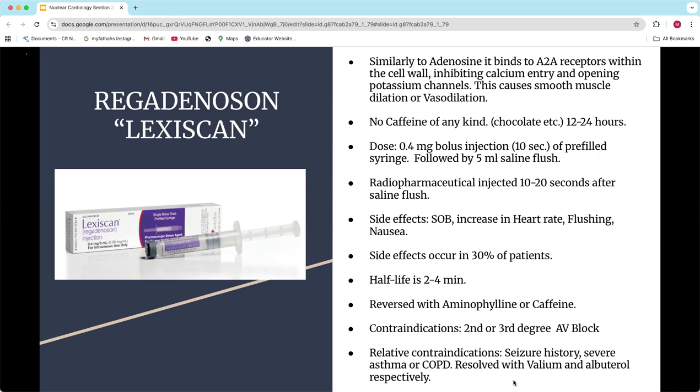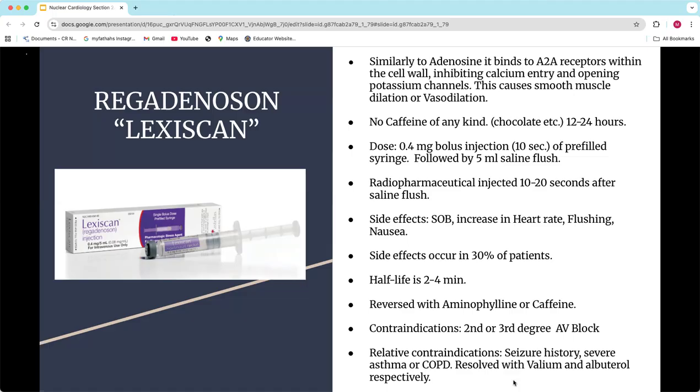Again, we want them off of caffeine of any kind. This one gets a lot of patients. If you just tell them to stay off of caffeine, they don't think of things like chocolate. You told them to fast for 6 hours for their test, and off of caffeine for 24, but they didn't think about things like chocolate, which contains caffeine. So we've gotten used to telling them in our department that they can't take anything with caffeine. Look for any kind of caffeine in any medicines you take, and also be aware of foods. We usually mention chocolate because nobody knows it has caffeine in it and it can affect the test. So I put that one on there.